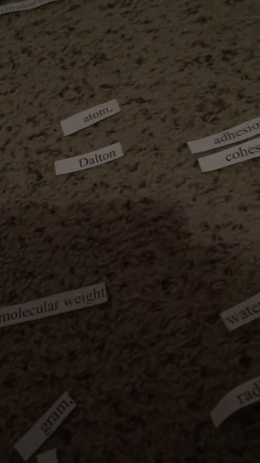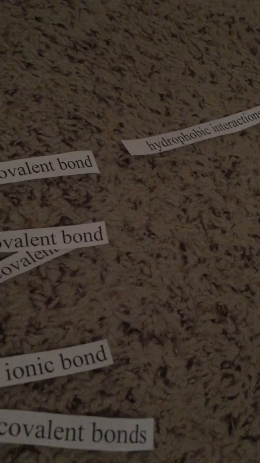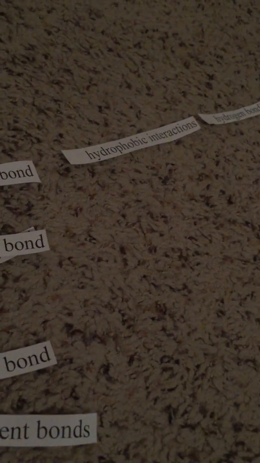And we can go back to atom and go up to the different kinds of bonds you can have in an atom, actually. Triple covalent bond, ionic bond, double covalent, polar bond, and non-polar covalent. So I put hydrophobic interactions up there next to the non-polar covalent bond because hydrophobic interactions are actually a type of covalent bonds,